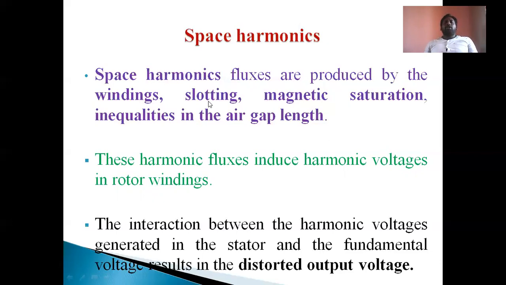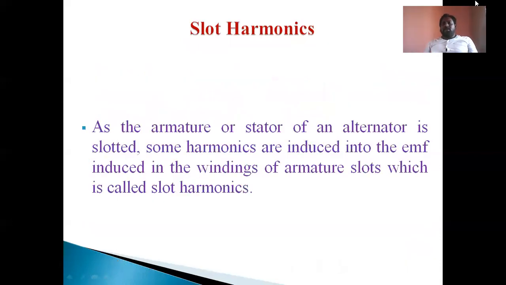And a very important thing in alternators that we discussed is slot harmonics. Slot harmonics means that due to the slots of the armature circuit, the air gap is not uniform between rotor and stator. That's why reluctance is also not uniform. That's why flux distribution is also not uniform. Then due to the non-sinusoidal flux distribution, non-sinusoidal voltages are generated in the slots of the armature winding. Those non-sinusoidal voltages are called harmonic voltages.